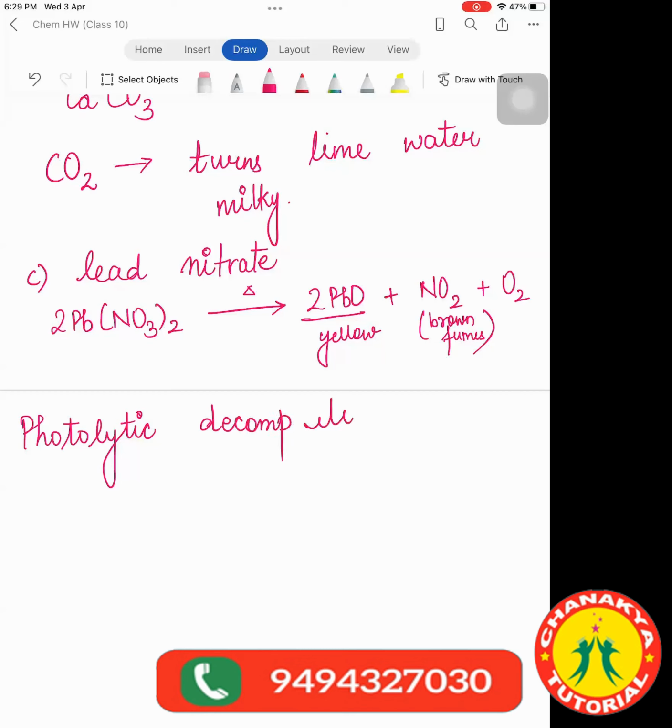Okay, so our next reaction is photolytic decomposition reaction. An easy way to remember is that whenever we click a picture, means a photo, there comes a light. So whenever the decomposition reaction